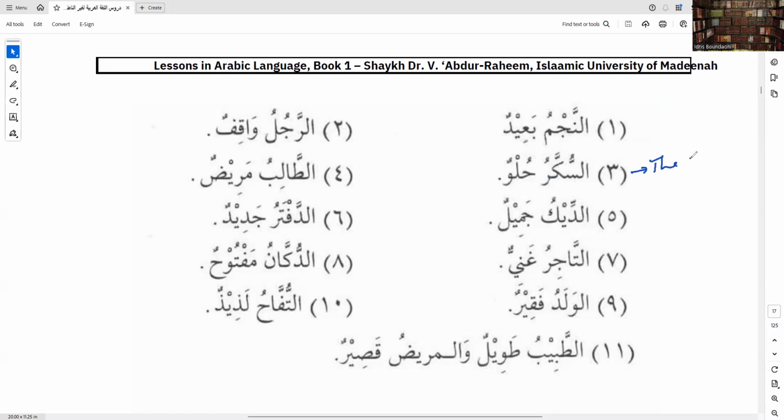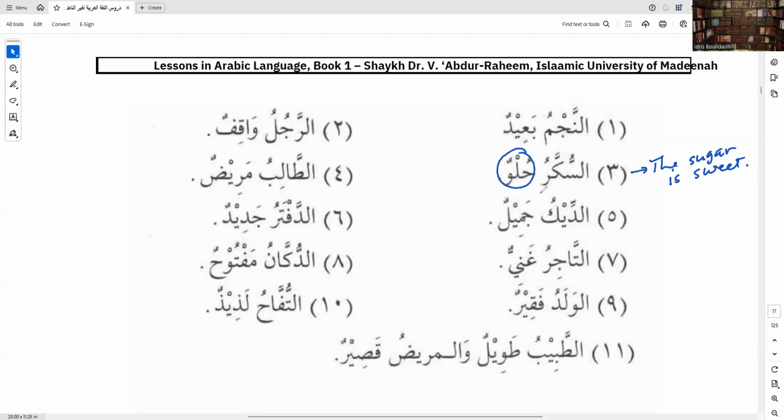That's الثالث, number 3. The sugar is sweet. That's what we need to write. The sugar is sweet. السكر حلو. When something is حلو,